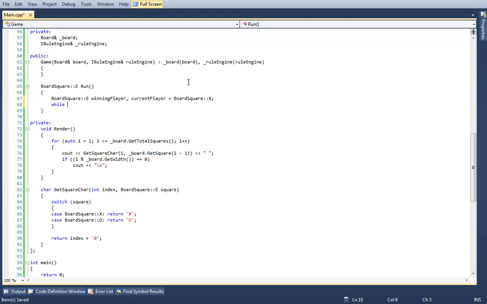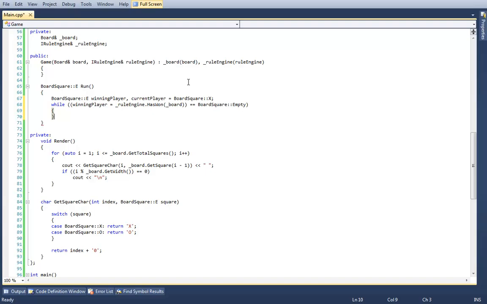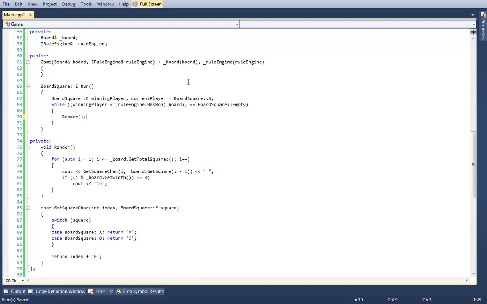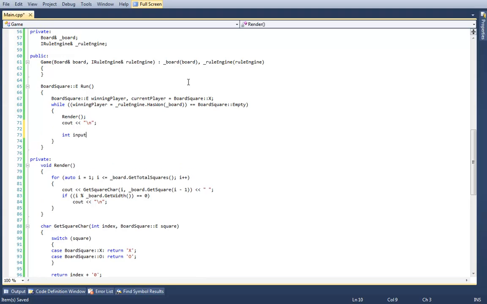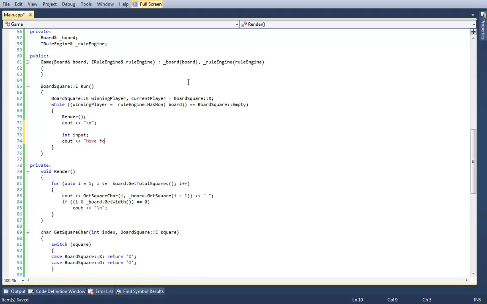And then we'll say while winning player equals rule engine has won board equals board square empty, then go ahead and render, print out a new line, get our input, print out move for get square character.